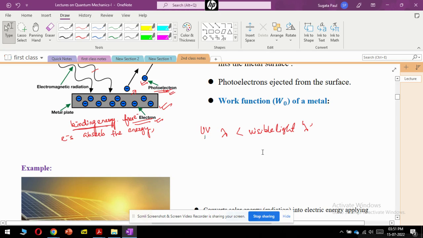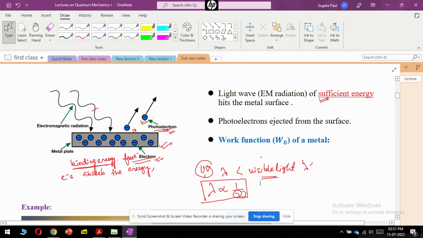So as a result of that, you see that lambda and mu, that is the frequency and the wavelength, are inversely proportional to each other. And because of that, UV light has a larger frequency than the visible light, which makes UV light much more energetic than visible light. And as a result of that, mostly metallic surfaces that show the photoelectric effect use UV light